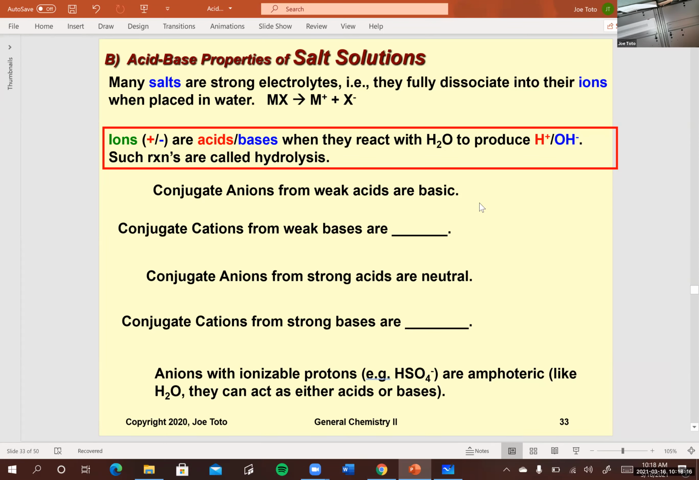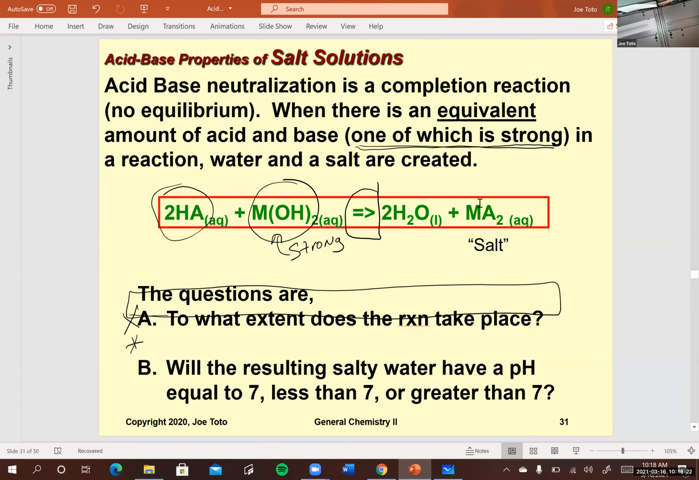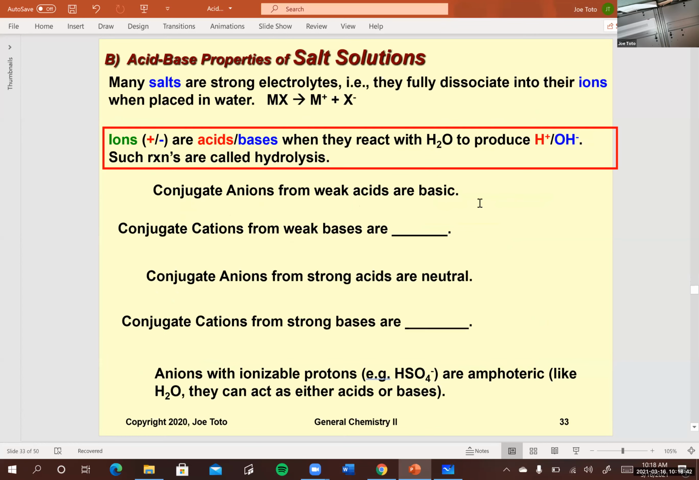Now we get to the next question that I have back here. Will the resulting salty water of this completion reaction between a strong and a weak acid and base, to form water and a salt, have a pH of 7, greater than or less than? So let's get to B. So this slide says, okay,